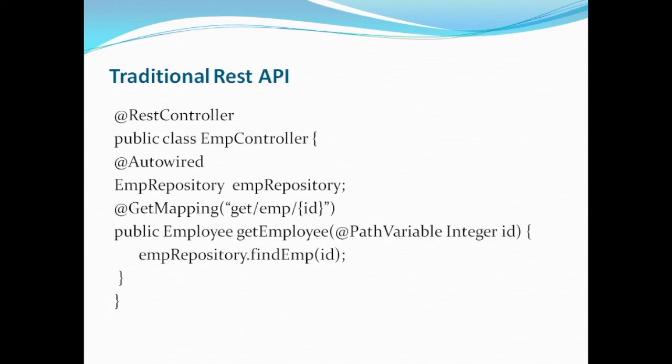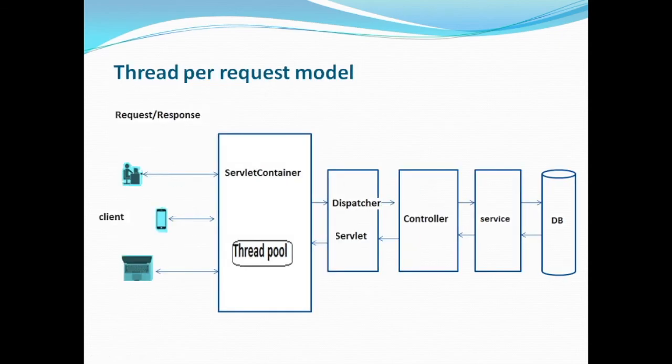So let's look into the same concept in a flow chart. Here, as soon as a request lands on any of your REST API endpoints, your servlet container will create a thread for you. That is how the thread pool maintains the number of requests for each thread, and that thread is responsible for handling your request response cycle. That thread will call your controller, then the service layer, then the DB, and then it gets populated with your resultant values and is ready to give a response back to the client.